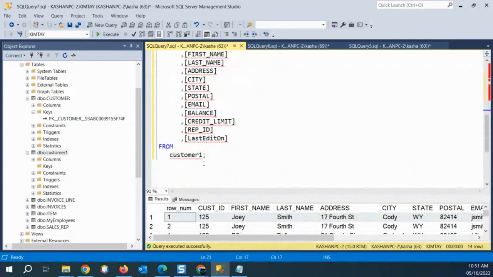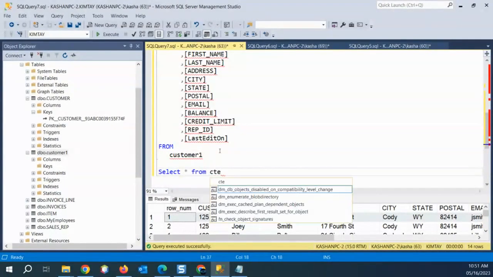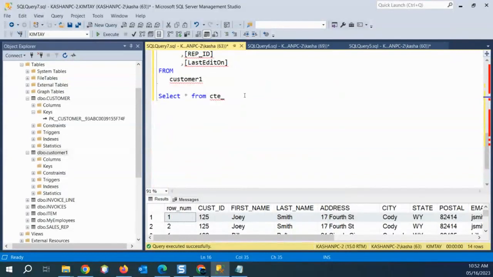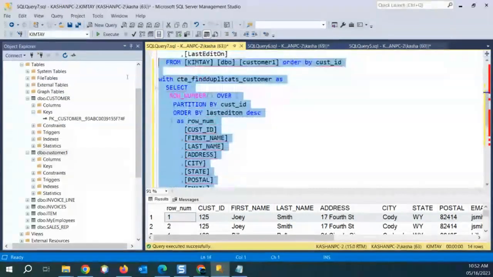Once the common table expression completes, all you need to type is SELECT * FROM CTE, and what is the name of that? I need to put that as well. Control V. So now if I run this whole query like this,